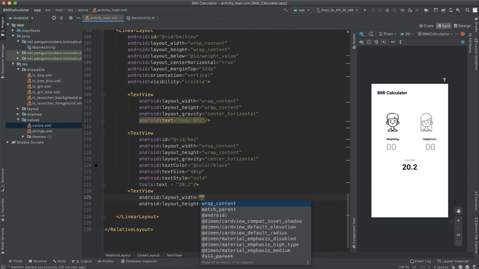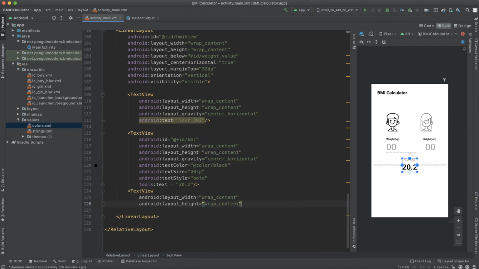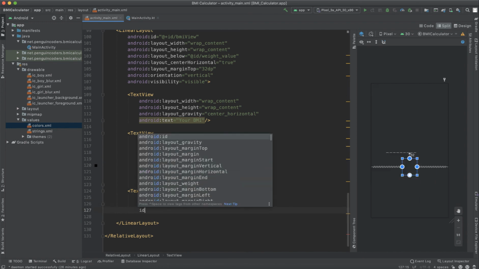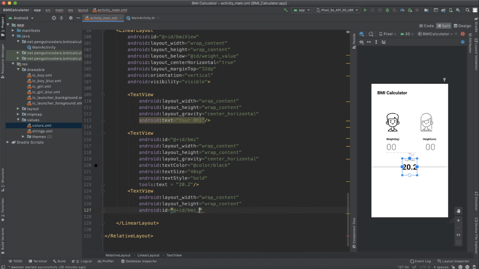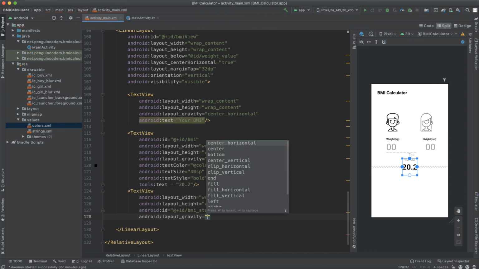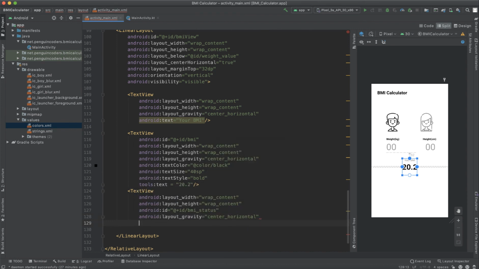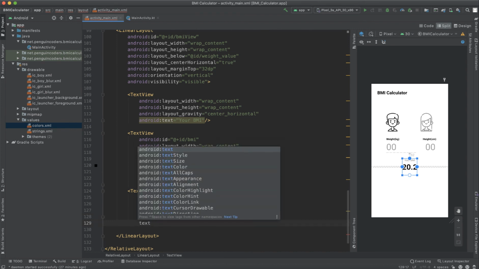So wrap content, then ID would be BMI status. Then again the layout gravity would be center horizontal, then text color and text style.